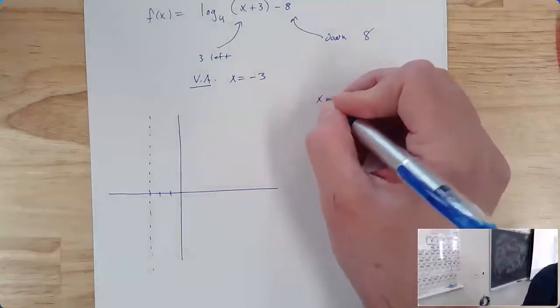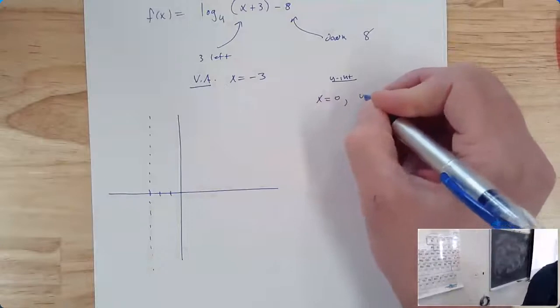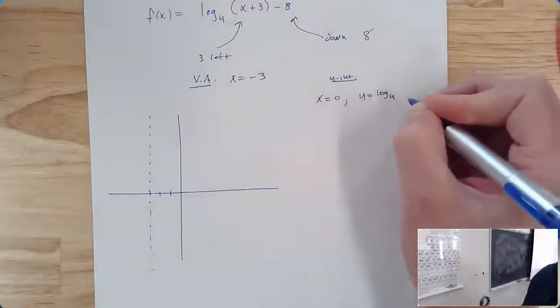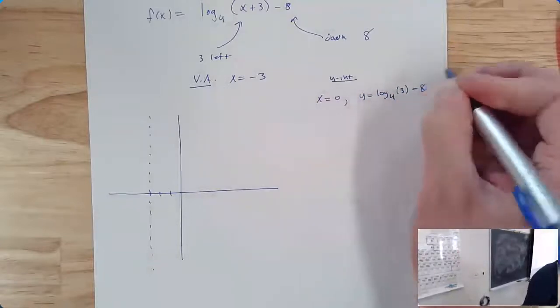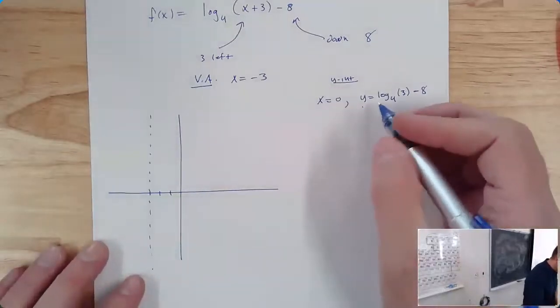So if I pick x equal to 0 to get my y-intercept, we're going to get y equal to log base 4 of 0 plus 3, minus 8. Disappointing. Log base 4 of 3? I don't know what that is. I could use a calculator. I could also make a pretty good guess, though. Because I know that log base 4 of 4 is 1. The log base 4 of 3 is going to be a little bit less than that. So I've got a number a little bit less than 1